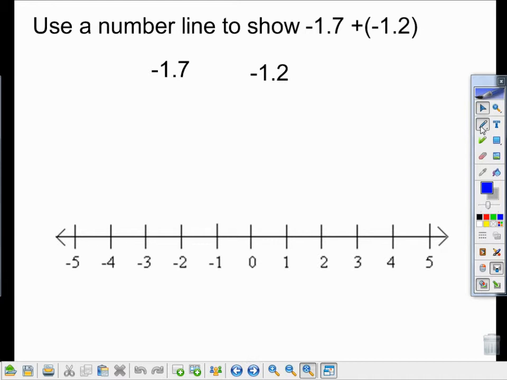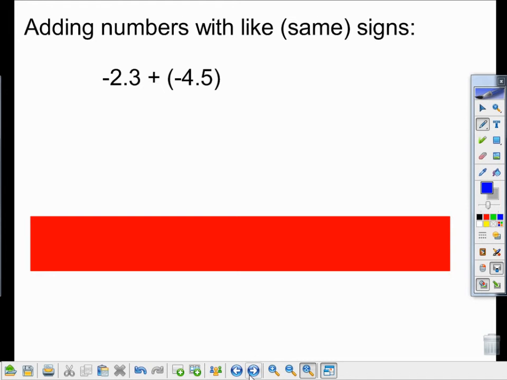Now, if we wanted to, we could use a number line. We could say, okay, we started here, and then we went back a little bit, and then we went back further. I actually went too far. It should be more like here. Number lines are kind of silly, but they do at least show you what's going on. Now, since they're both negative,